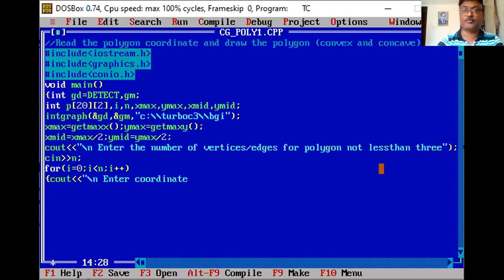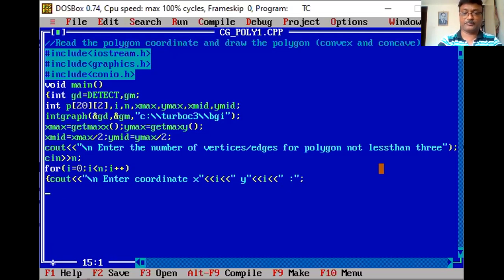Which coordinates? First of all, suppose the x coordinate. I'm going to put a space, then the x coordinate, then what is that value? x is the first value, and then again you have to enter y. That means x0 y0, x1 y1. This is the coordinate that you can enter, and here you can again put a space so that the user can enter the coordinates properly.